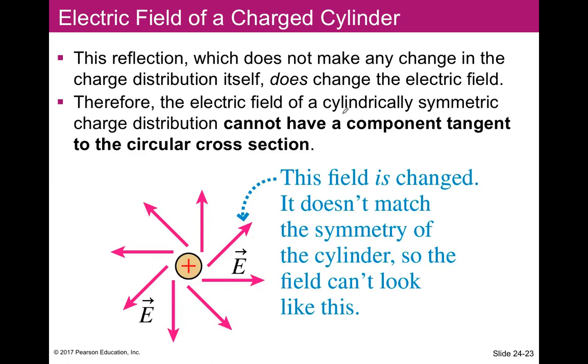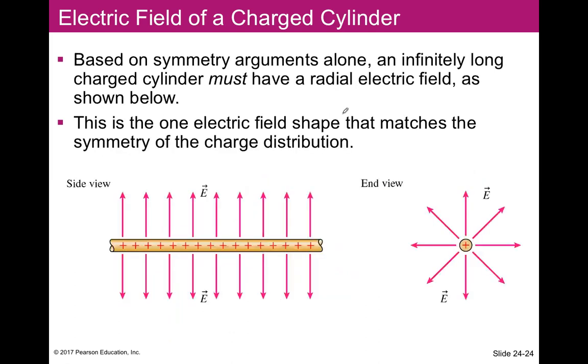So there shouldn't be any tangent component, then there's only a normal component. It has to be perpendicular to your cylinder. Okay, based on those symmetries and those impossible distributions, what we can conclude is an infinitely long charged cylinder